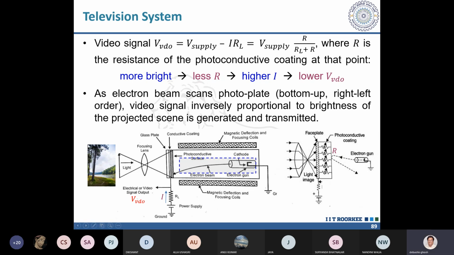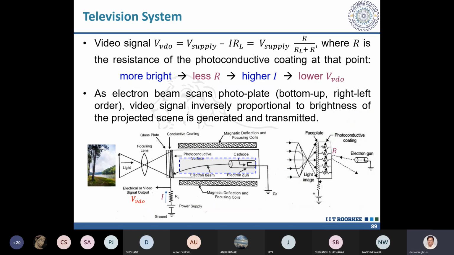So basically, if I want to scan this outside world image from top to bottom and from left to right, but that image will be inverted here, so I will be doing the scanning in a bottom up and right to left order. The outside world, seen in the form of light, is falling on it. When I am scanning it, that electron beam will be continuously scanning this outside world, whatever the brightness of that outside world is.